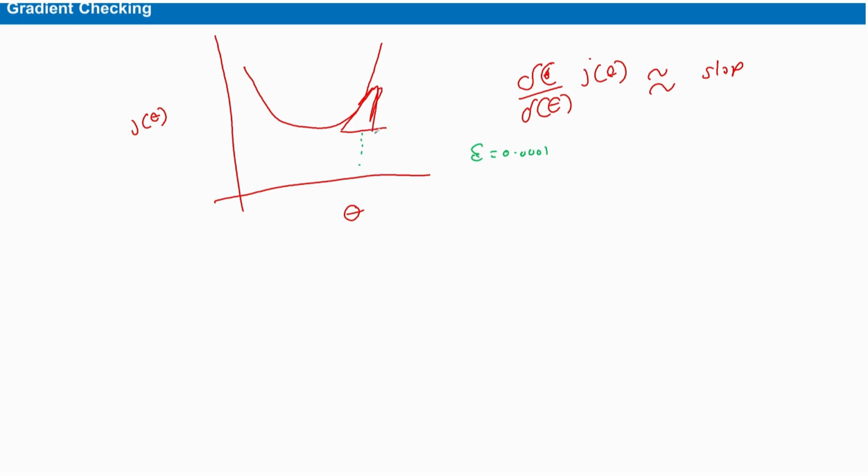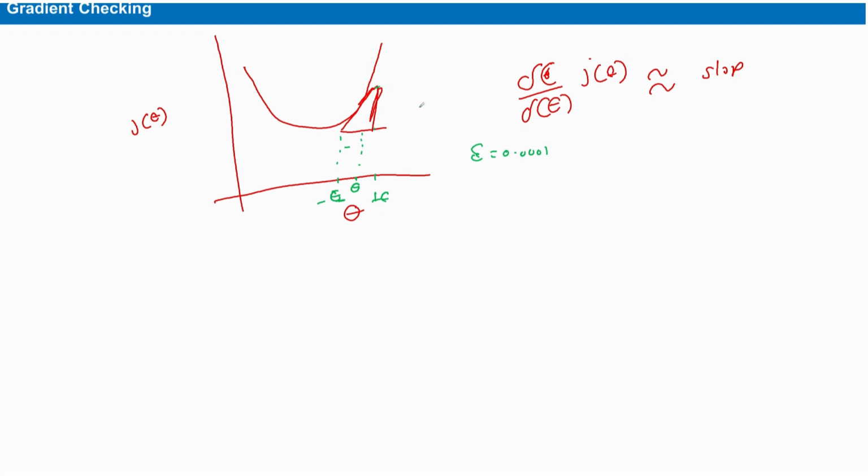With this epsilon, we take theta plus epsilon and theta minus epsilon. Here we get the width. To compute the slope, slope is nothing but height divided by width, so the width is 2 epsilon, and to compute the height,